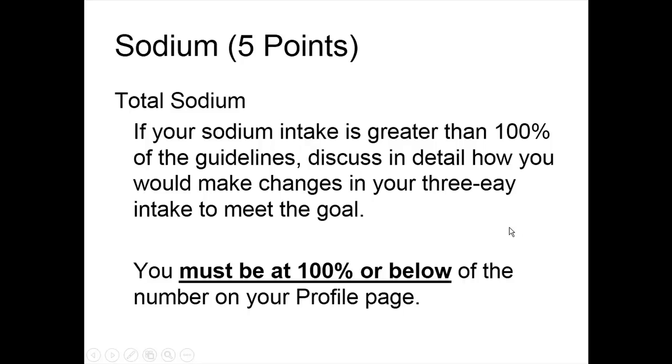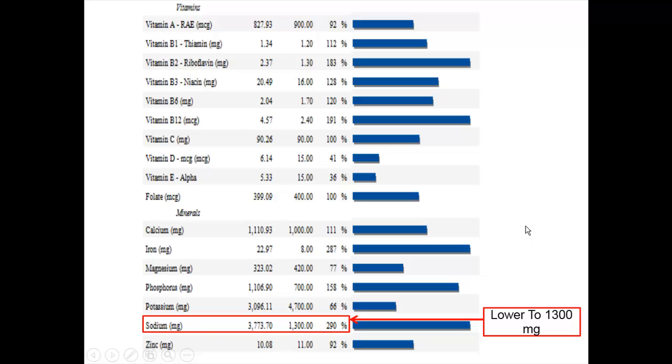Now for sodium, a different story. If your sodium is over 100%, I need you to reduce it, because we're looking at hypertension. In my case, I was at 290%. So I need to lower this to 1300, which is my DRI goal. So you just go through and adjust foods until your average is 1300, and then again use the proper format for listing day 1, day 2, day 3, original intake, changes, new intake,